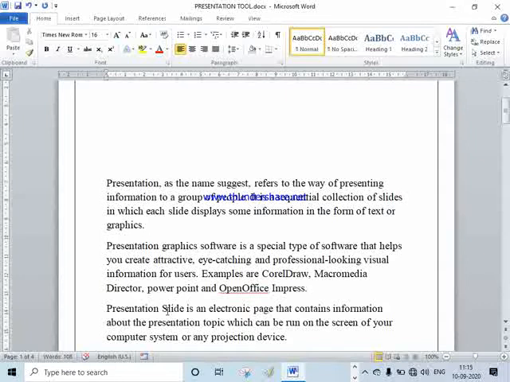So in order to convey your message in a presentation way, this type of software will help you to create attractive, eye-catching and professional looking visual information for users. For example, we have CorelDRAW, Macromedia Director, PowerPoint presentation and OpenOffice Impress as presentation graphic software.